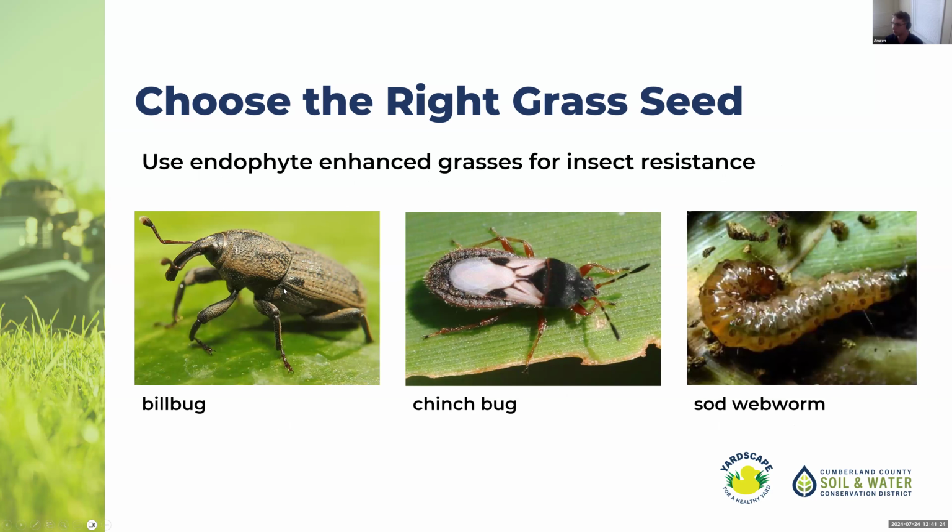Another kind of buzzword is endophyte enhanced. They apply it in the grass seed prior to you purchasing it.